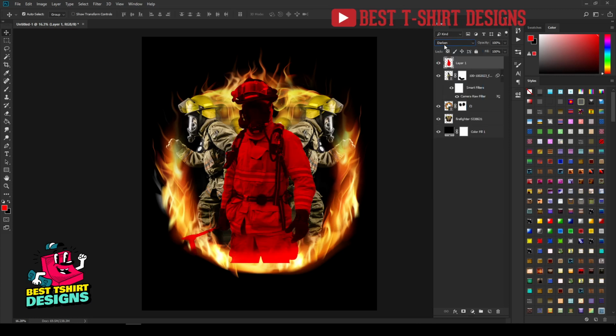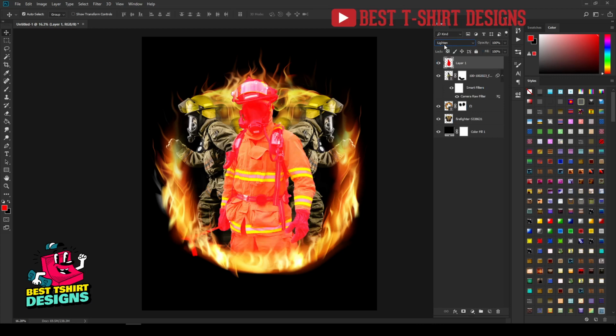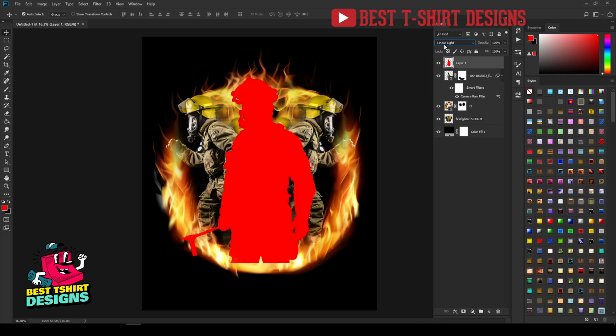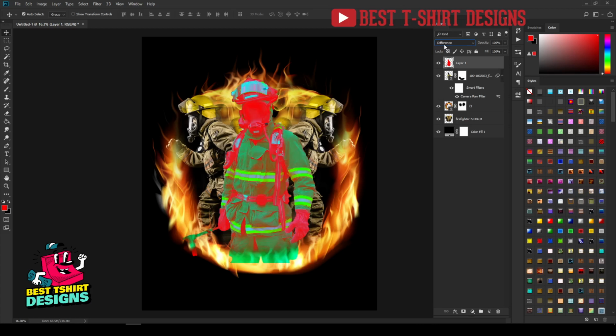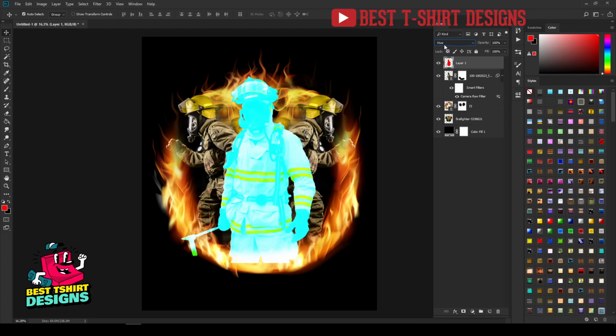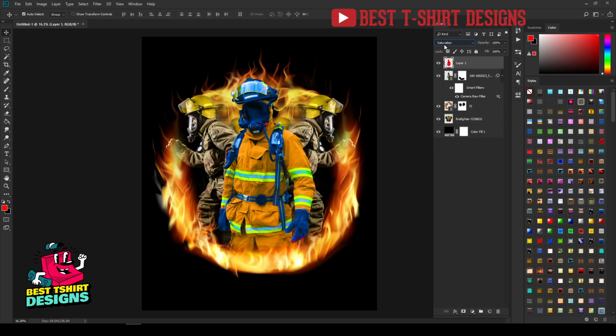Let's see which blending mode looks good with my image, keeping some of the details of my graphics but changing it a bit so that it doesn't look like the exact image from the website that I picked. So it can take some time to find the right combination. Okay, I think this one is looking good. It is kind of this fire yellow color, that is fine.